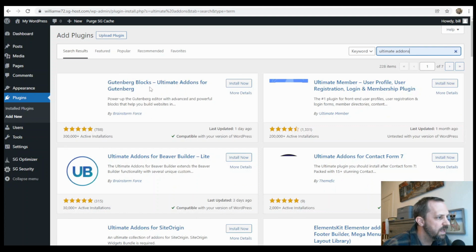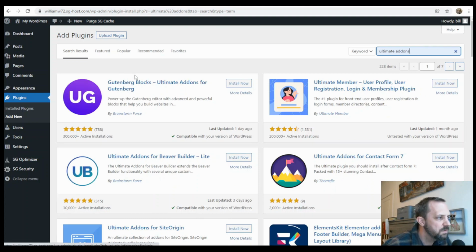If you search for that and you use this one here, this will add a bunch of really handy blocks to your Gutenberg page editor. So if you install that and activate that,